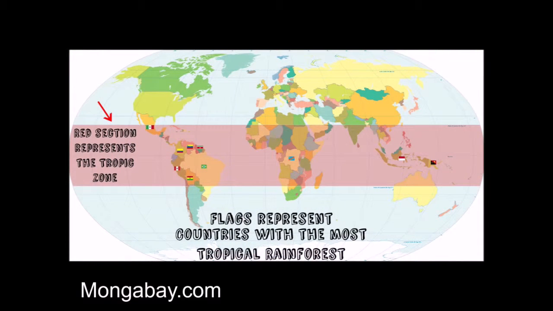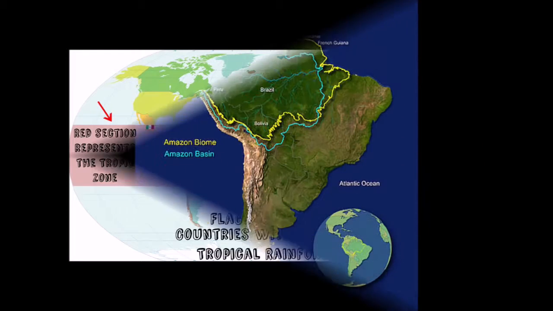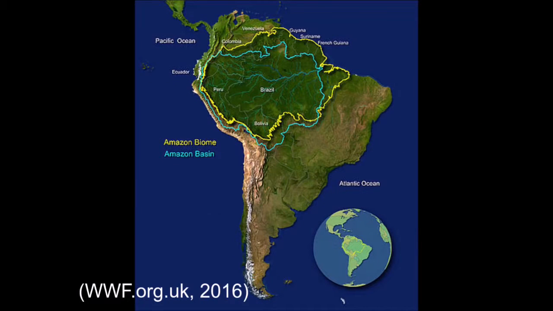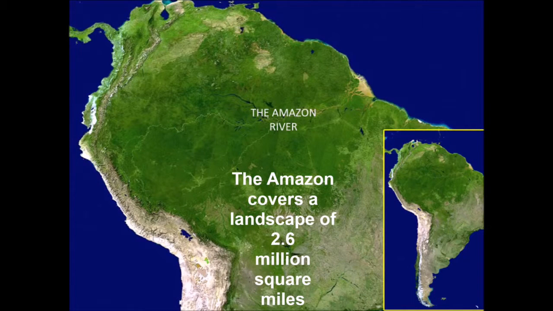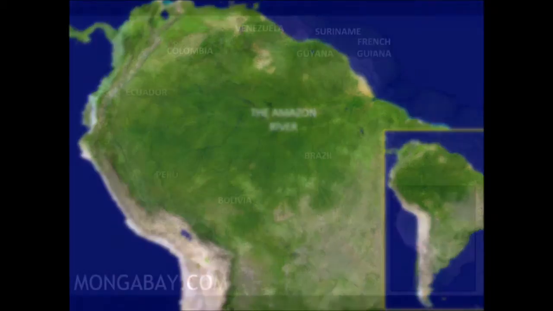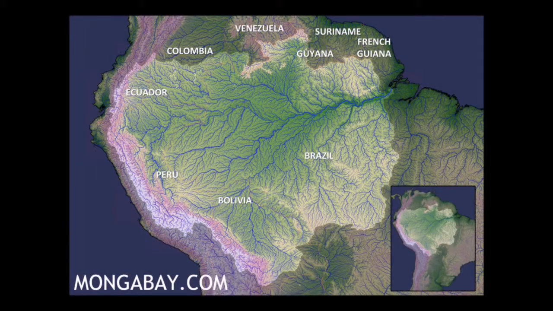There are several regions in the world that have tropical rainforests, including Australasia, Central Africa, Southeastern Asia, as well as Central and South America. However, the South American continent is home to the largest tropical rainforest in the entire world, known as the Amazon rainforest. The majority of the Amazon rainforest is found in Brazil, being the most biodiverse country on Earth.